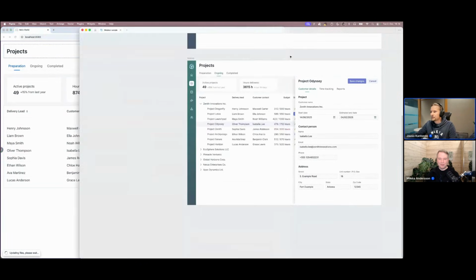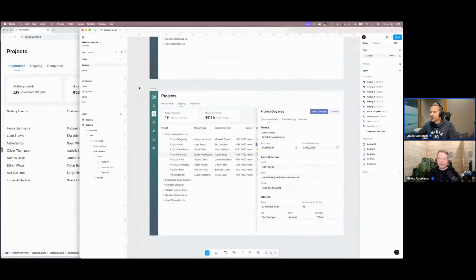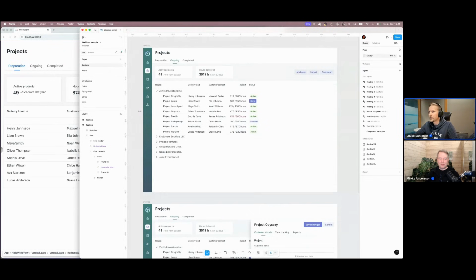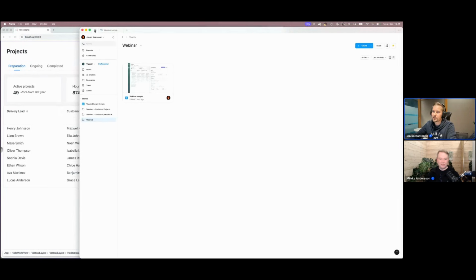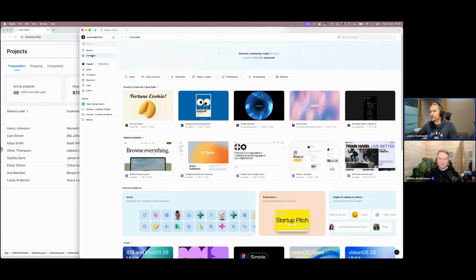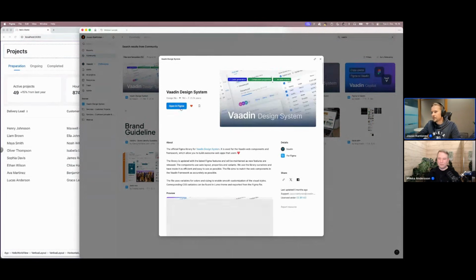The styling part is maybe something I could also show, and that differs a bit from the AI workflow. So now here in this file, how I've created this is that I've started with the Vaadin design system. So in Figma, they have their own marketplace or community place to share Figma files. And in here, you can search for Vaadin and find the Vaadin design system,